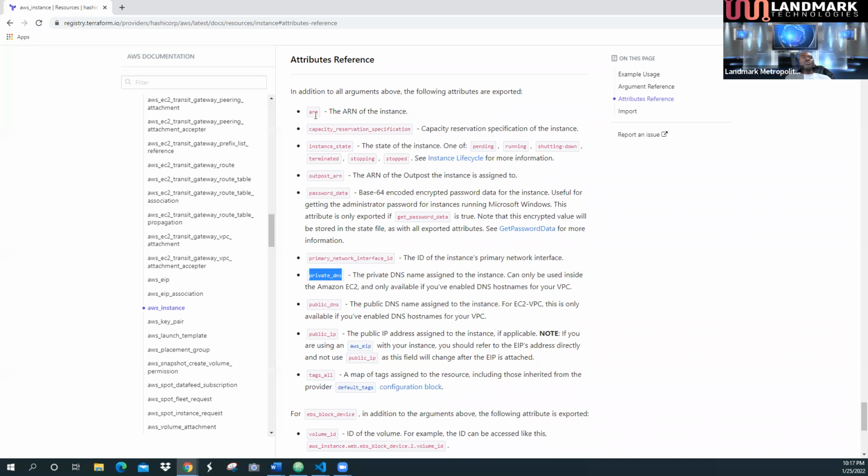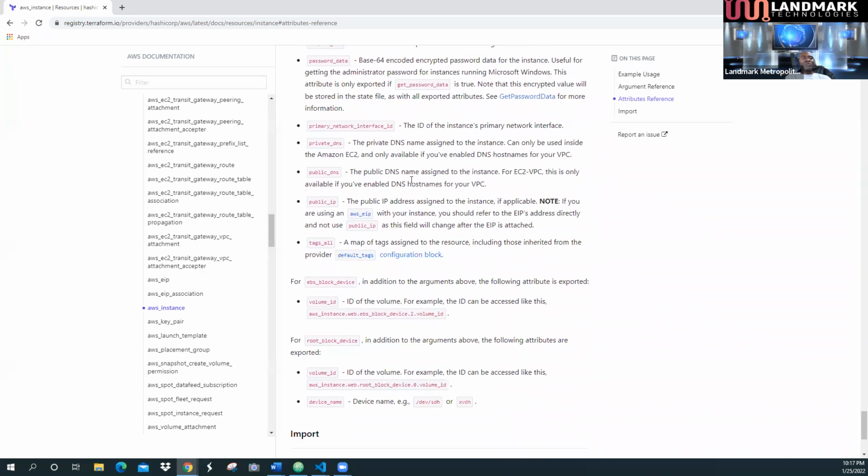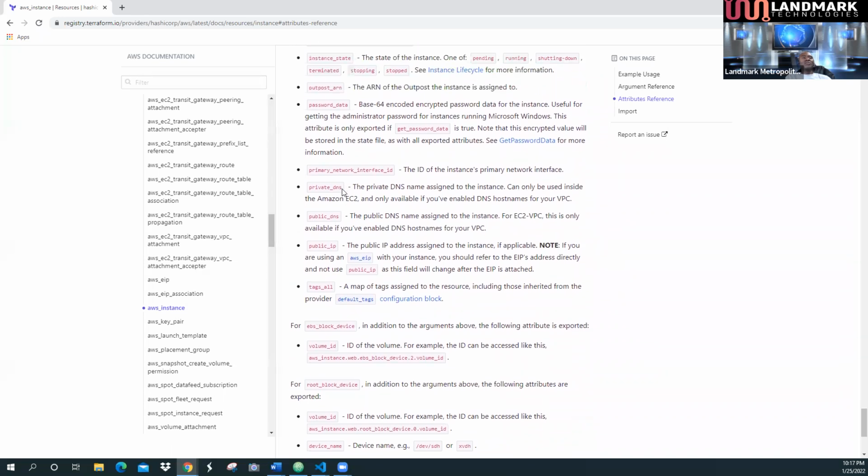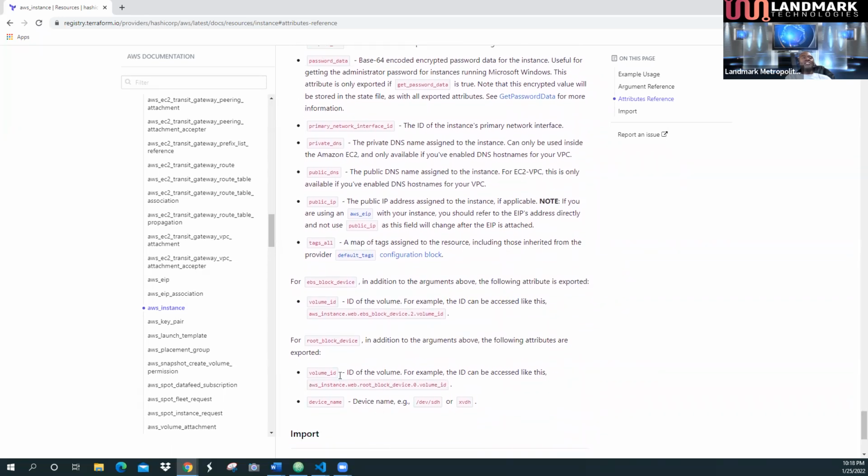If I want to output the Amazon resource name, then I'll write .arn. If I want to output tags, that's what I'll write. If I want to output volume ID or device name, then this is what I need to write as an attribute. So if I want the private DNS, I can copy that private DNS, then I will go to